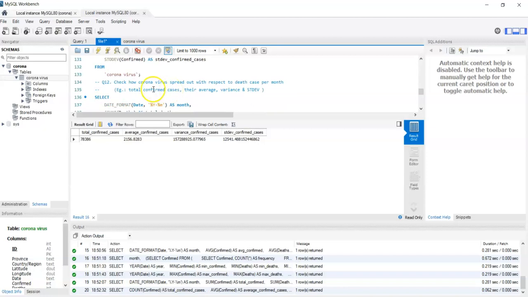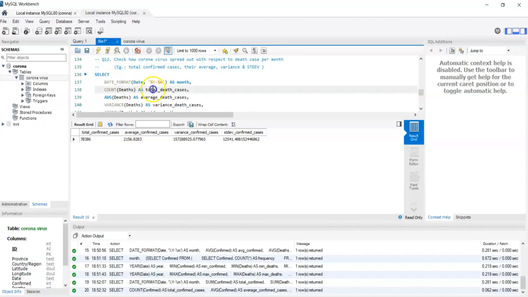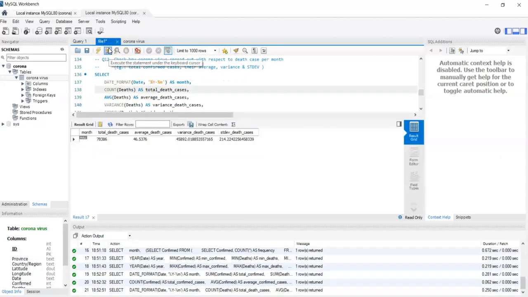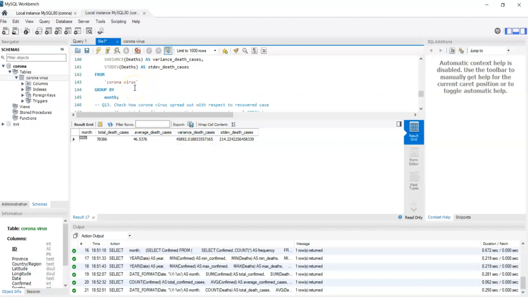Okay. So check how coronavirus spread out with respect to death cases per month. Total death cases we have all seen. Average death case is 46. Variance of death case is 45,892. Standard deviation of death case is 214.